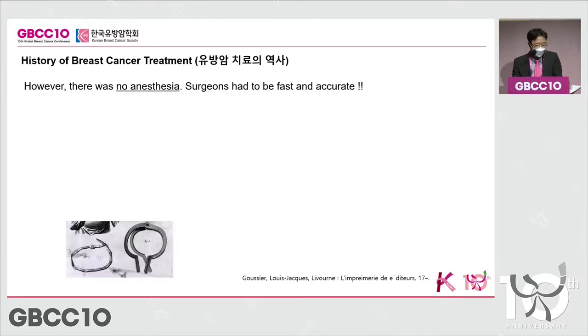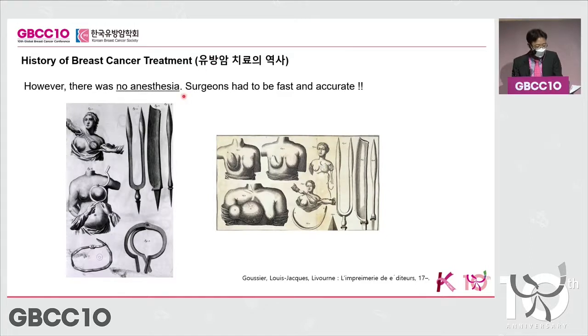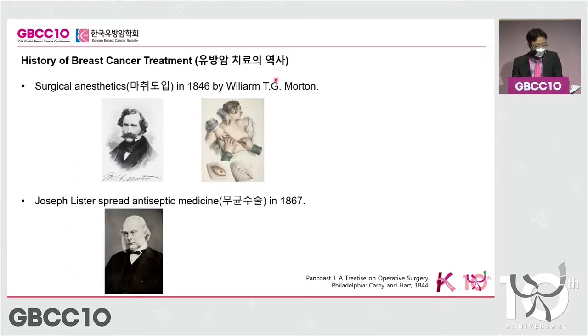There was no anesthesia, so tools were used to make things go very fast. It's very brutal, as you can see. It's not like you could identify breast cancer at early stages. It was only when the disease had progressed to a later degree that it was identified, and therefore they simply got rid of it. Of course, major developments were made in the 19th century, so surgical anesthesia was adopted.